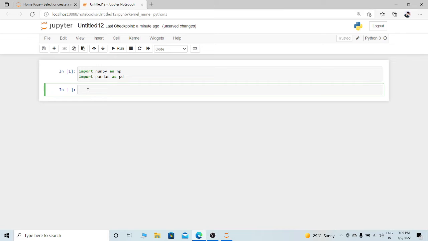And next is how we can read a CSV file through the import function. So I will write here data equal to pd dot read CSV. The file name is